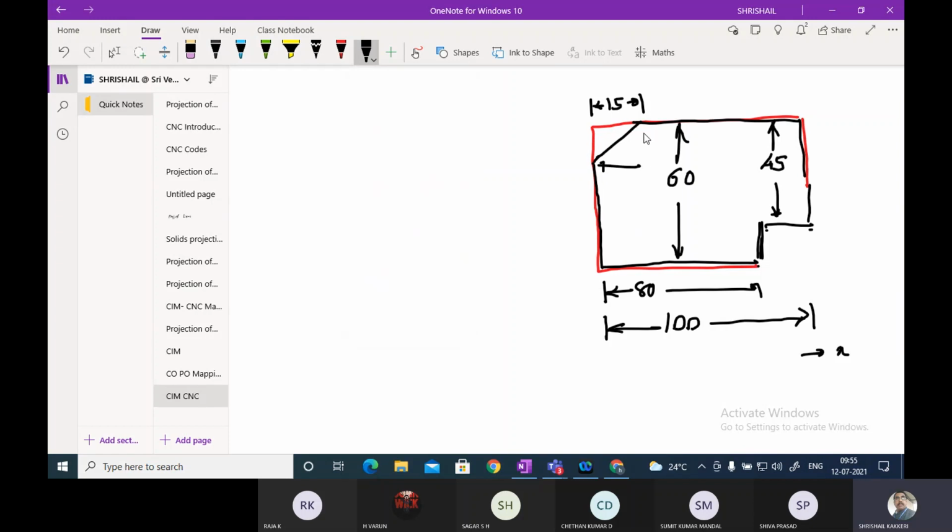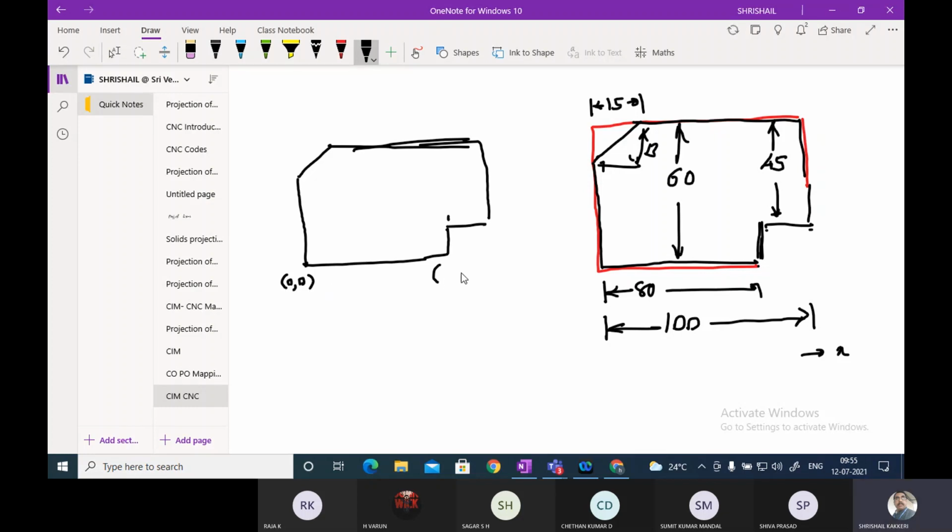This distance is 13, right? See, look here. This position is 0,0.